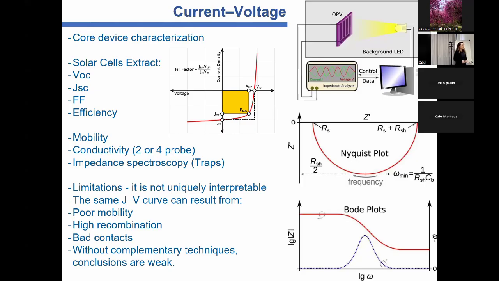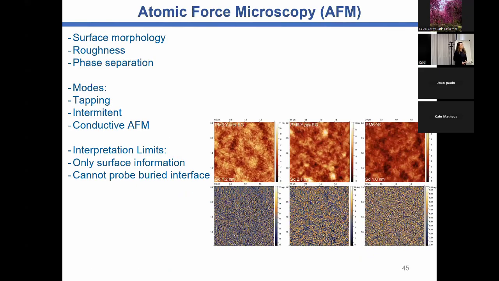The JV limitation, they don't have this unique interpretation. The same JV can come from the poor mobility of a material, also from high recombination, or bad contacts. So we must have these complementary techniques to conclude the interpretation. The atomic force microscopy, it's quite important